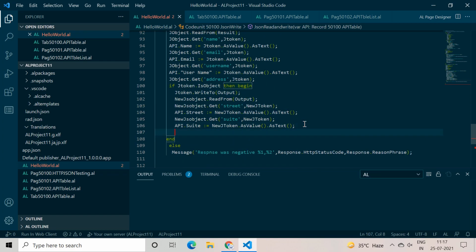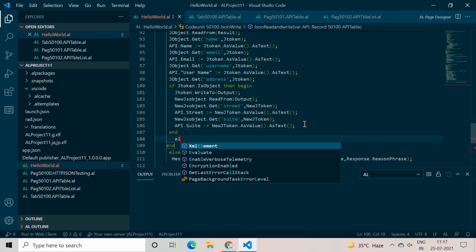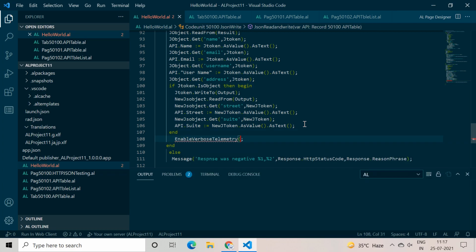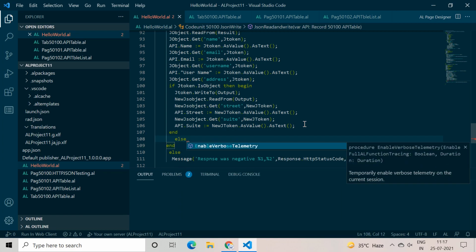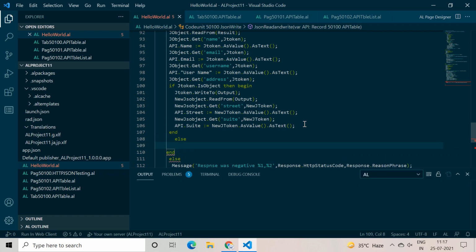What I can do here is type another end and else. Sorry, else error: JSON token is not having the data available as JSON object, something like this.